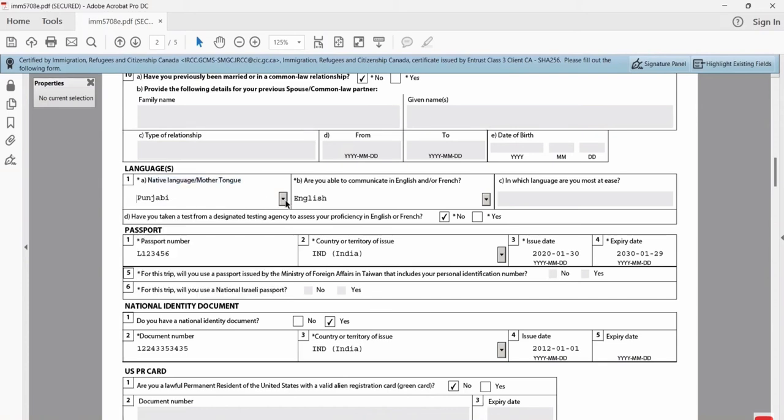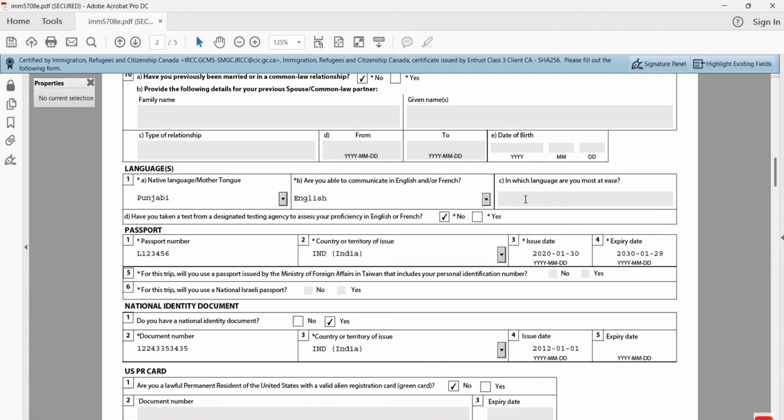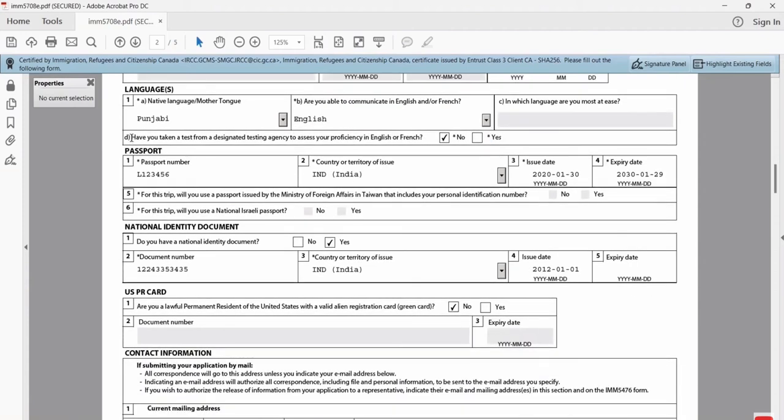Are you able to communicate in English or French? So you need to select your language. I will select English here. Have you taken any English proficiency test? I would select no. Even if you have a test for English proficiency, select no here, because this will make the visa officer suspicious. Then you need to provide your passport number, your country, and the date of issue and expiry